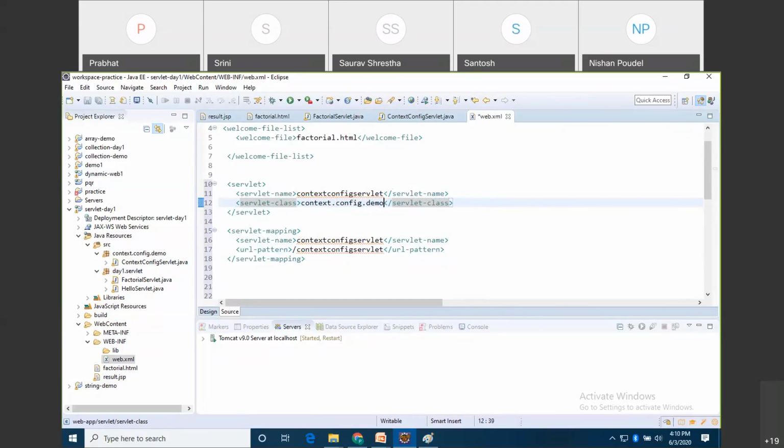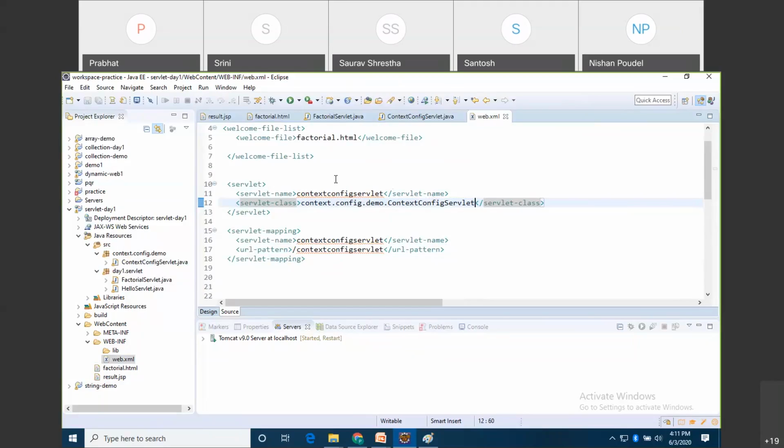So this is the context config servlet. Control S. So once I have created the mapping for my servlet, now I want to give some initialization parameters